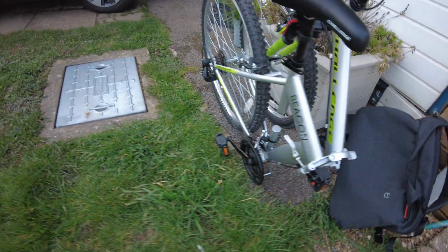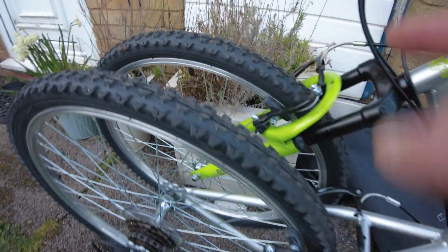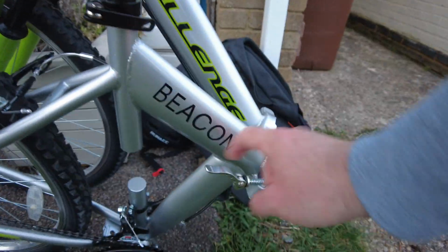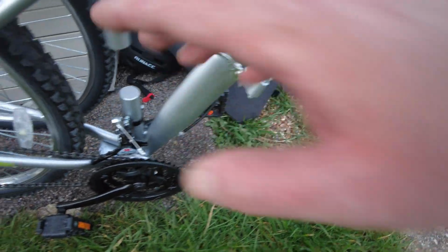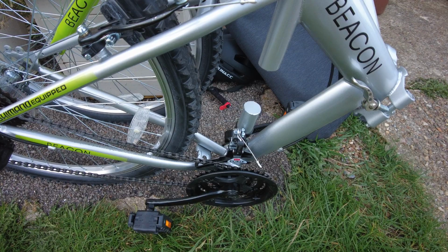It's also got a little stand there, so when it's folded in half, it stands up. You've got a quick release seat, but that's it. Both of the wheels, front and back, are not quick release, and neither is the handlebar. So the only thing that's quick release is the seat, and everything else is not. If you're one of those quick release people,